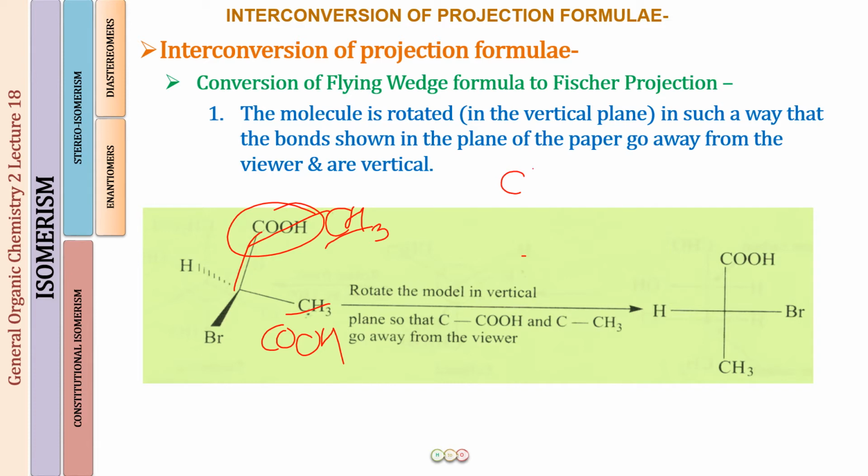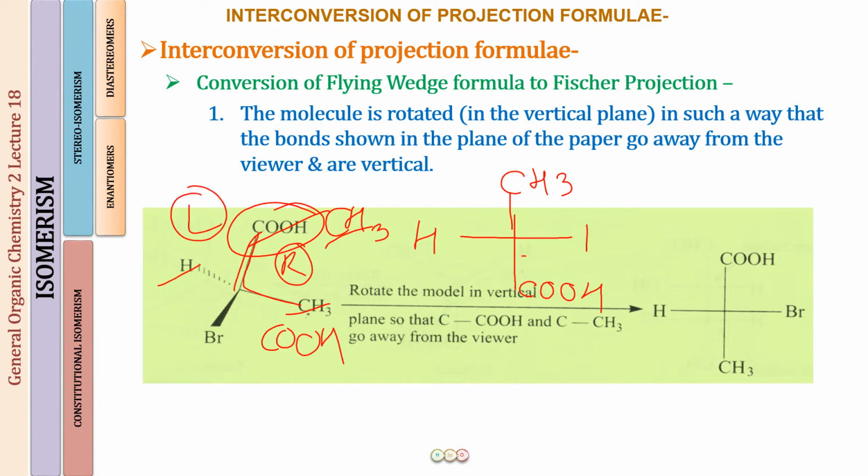CH3 is on top, so write CH3 on top. Again, the vertical line in the plane of paper, make that vertical line. There are 2 groups, so we have one chirality center, we made that. At the lowermost position, we put the other group which was on the vertical line, which was in the simple looking line on the plane of paper. Now again this vertical line, this is going to be my right side, this is going to be my left side. So hydrogen, which is on the dash, remains here, and bromine goes to the other side. So this is how I draw the molecule.